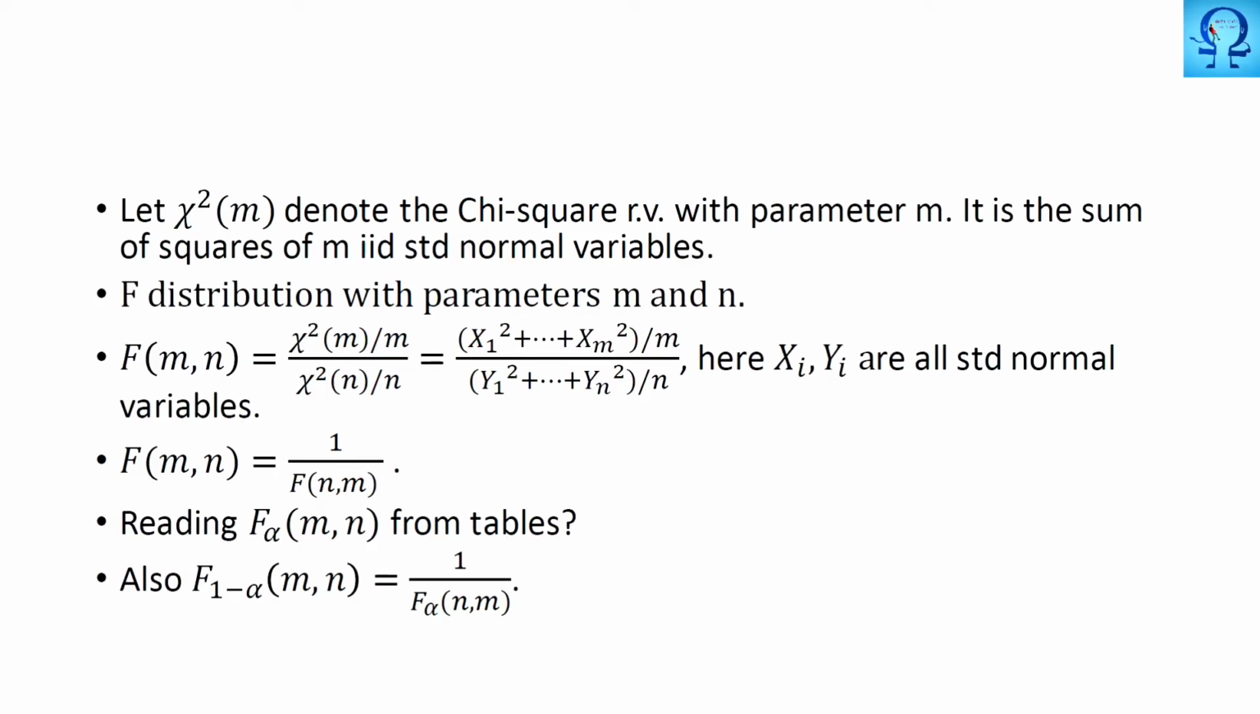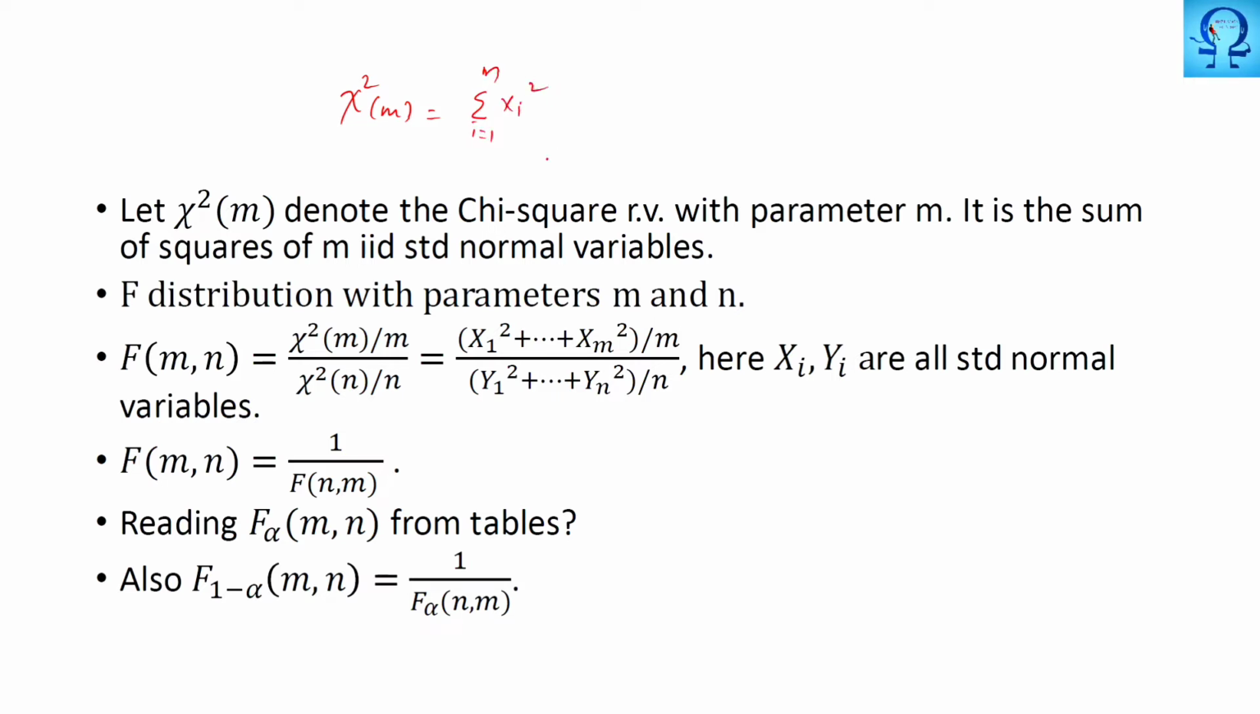Welcome. In this video, we are going to discuss the F distribution. Basically, we start with the chi-square random variate. Let chi-square of m denote the chi-square random variable with parameter m. Basically, this chi-square is the sum of squares of m independent and identically distributed standard normal variates. So what they are trying to say is that the chi-square of m is the summation of